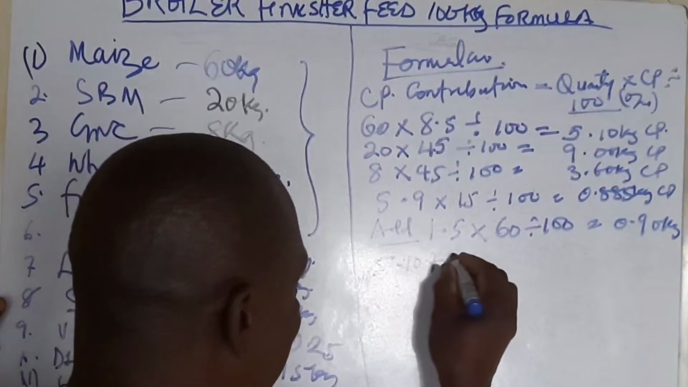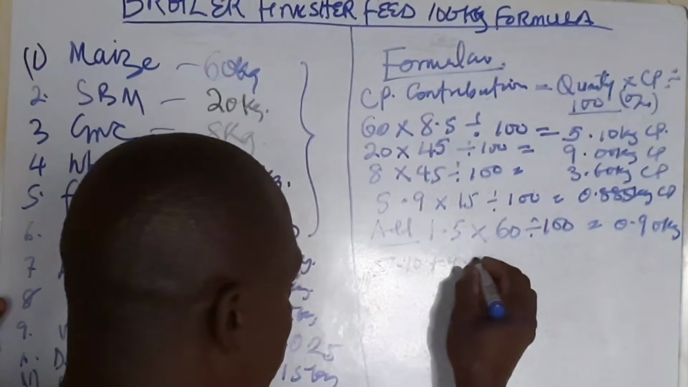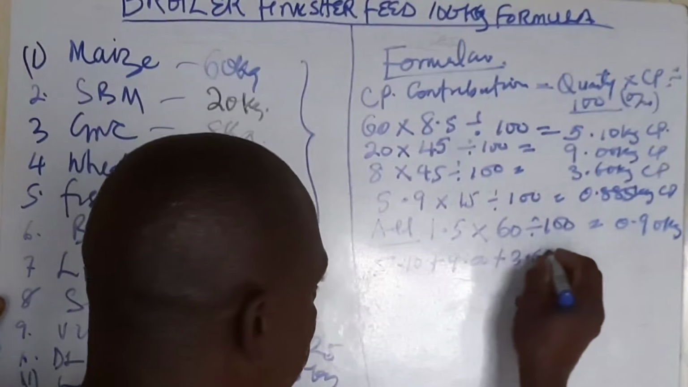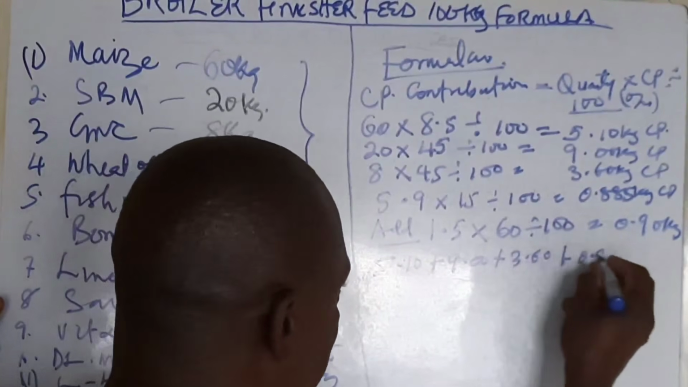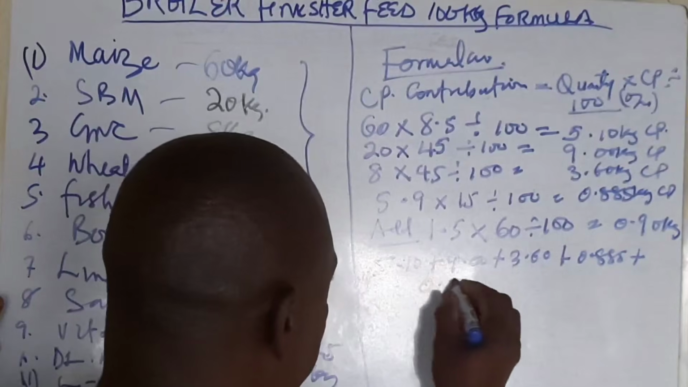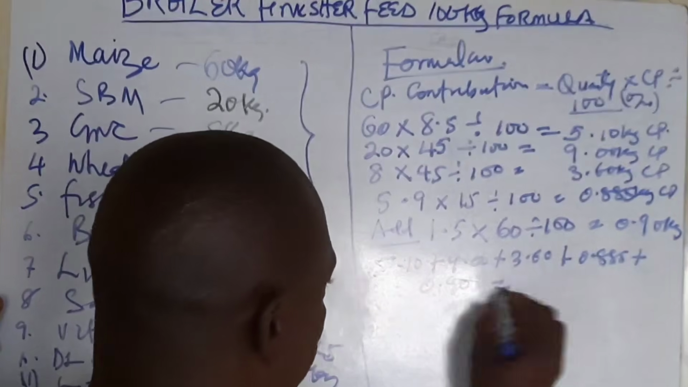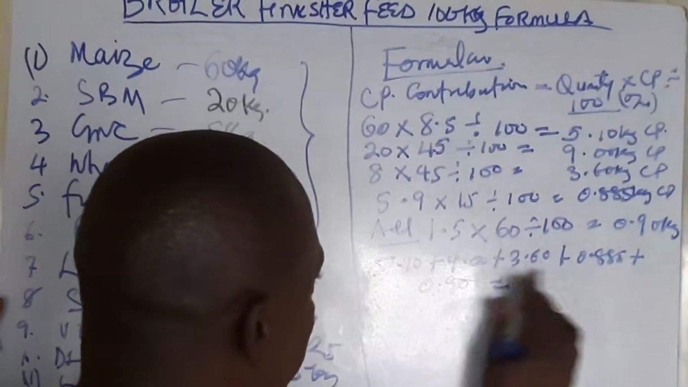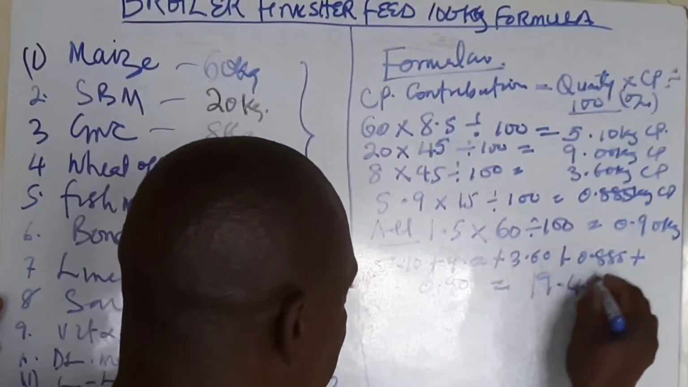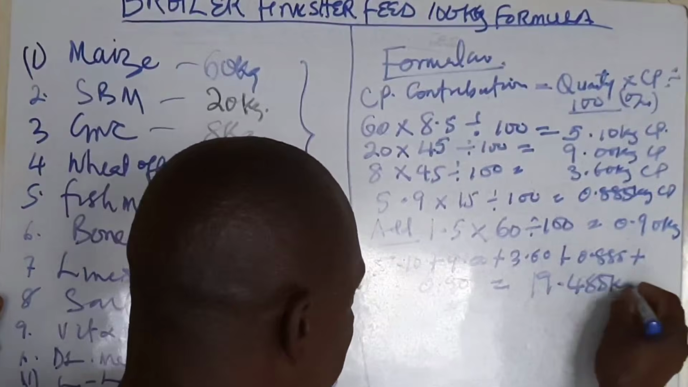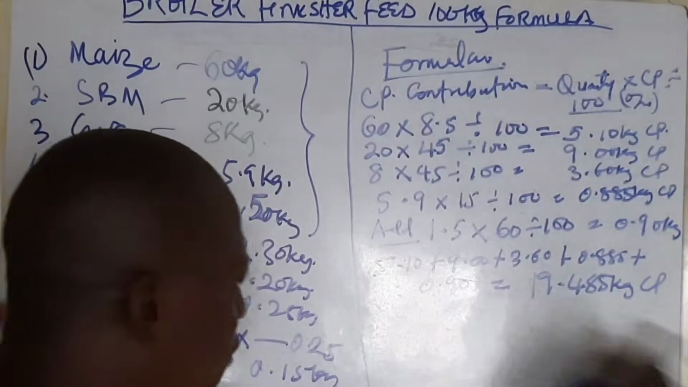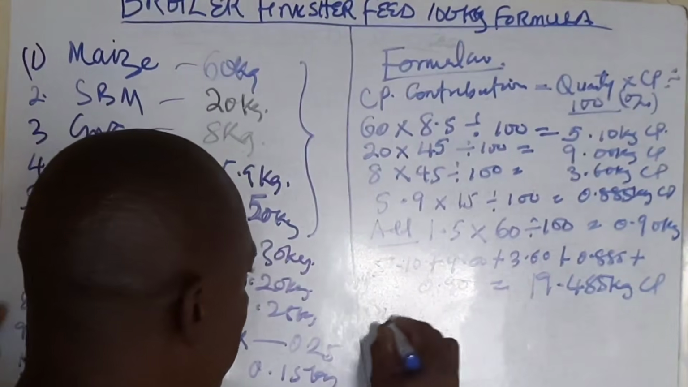plus 900 plus 3.60 plus 0.885 plus 0.90, which will give us this. If you add up this, it will give us 19.485 kg CP. So now, because the total feed is 100 kg,